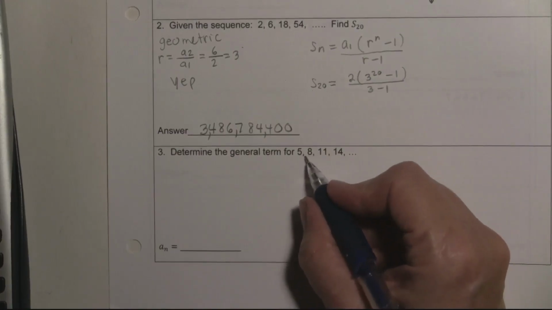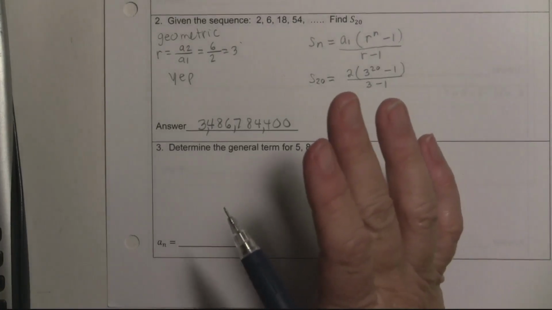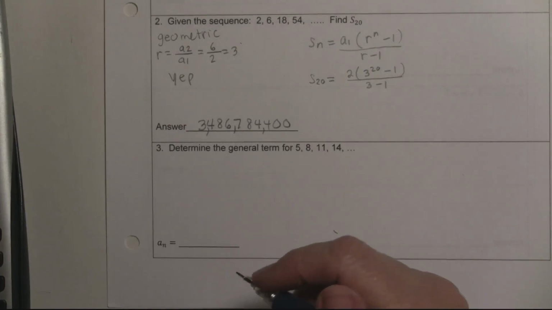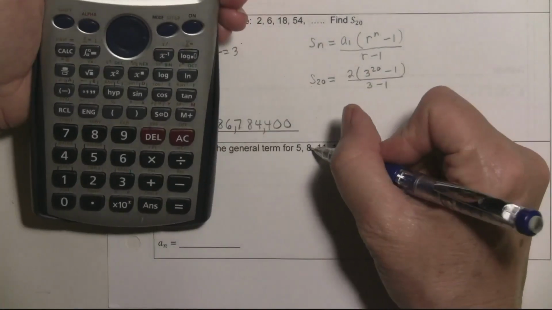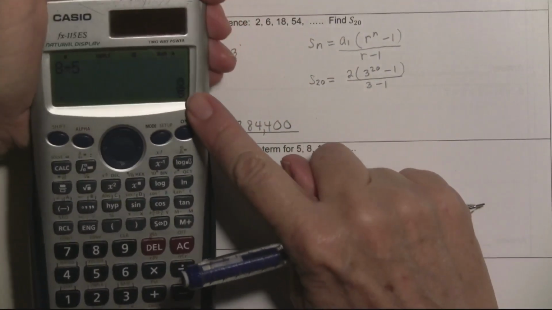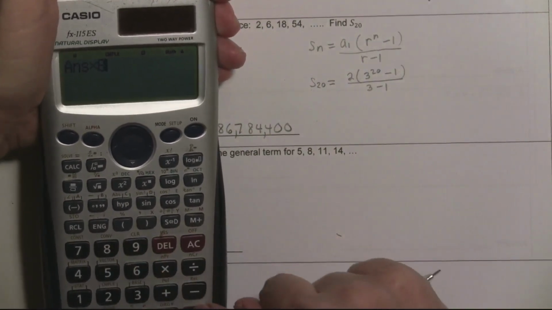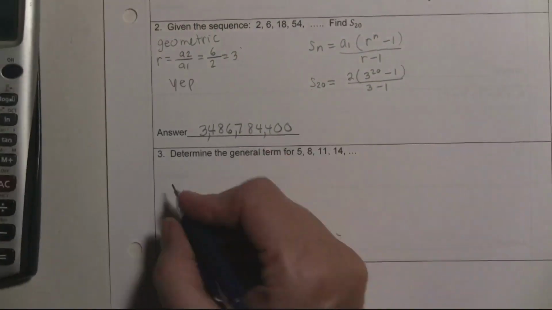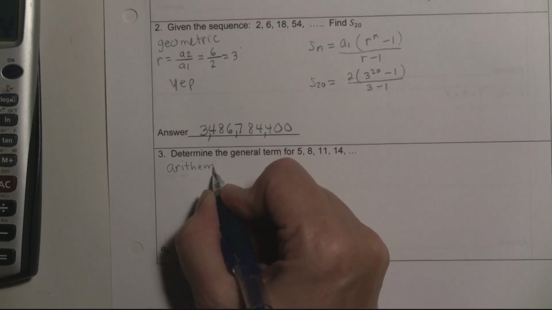If I multiplied, well, 5 times, it doesn't make a nice thing to multiply, but that doesn't mean that it's not geometric. I already decided it was arithmetic, but it doesn't mean that it's not geometric. You would have to test it. I mean, you would do on your calculator, a sub 2 divided by a sub 1, 8 divided by 5. And that would be what I would be multiplying by, 8 over 5. So 8 times 8 over 5, so times 8. Do you get the next term, 11? No, I got 64 over 5. Okay, then it's not that. But I've already decided it was arithmetic. So even if the numbers are not as nice,